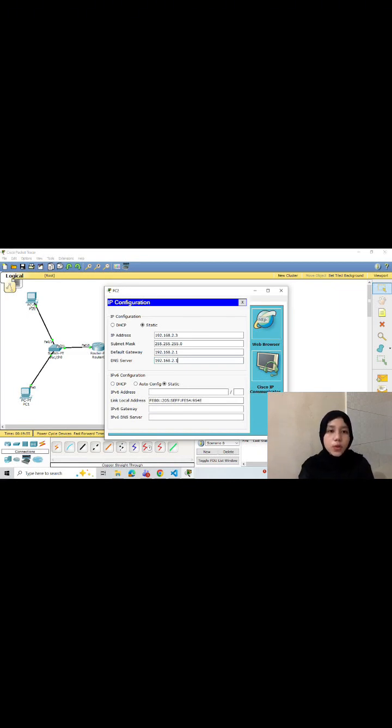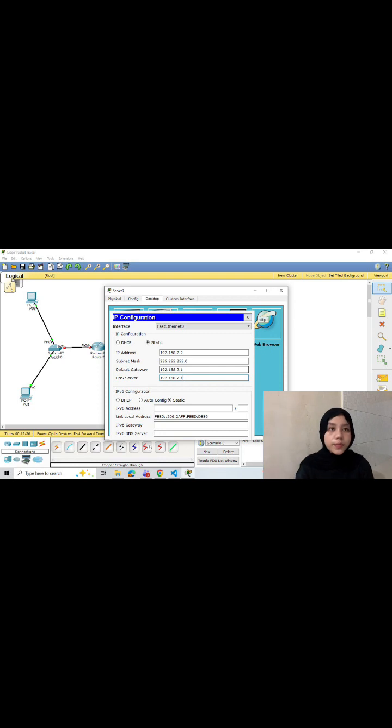Each device is also configured with a default gateway connected to the router interface according to its network. IP address configuration is very important in computer network because each device must have a unique address in order to communicate with other device. Next, server IP configuration. In this section, IP address configuration was performed on the server. The server uses IP address with subnet mask and default gateway connected to the router. The server is placed in the same network as PC2.